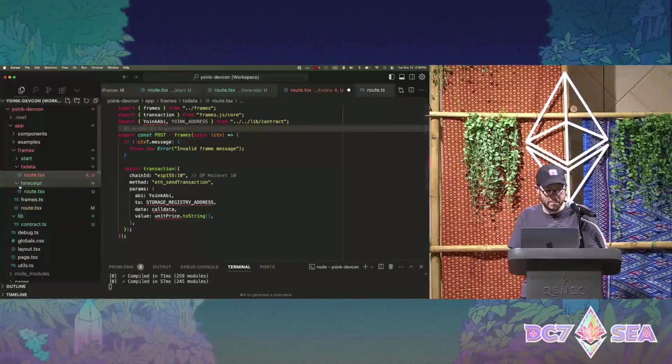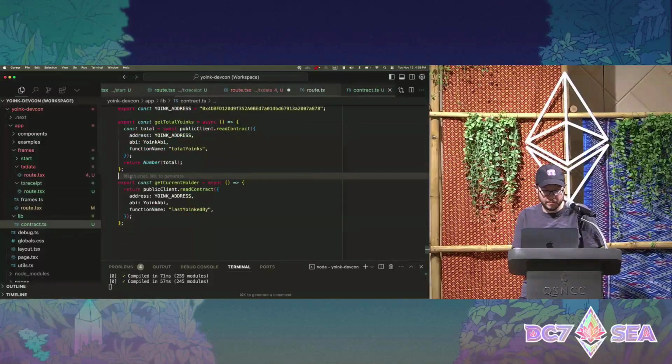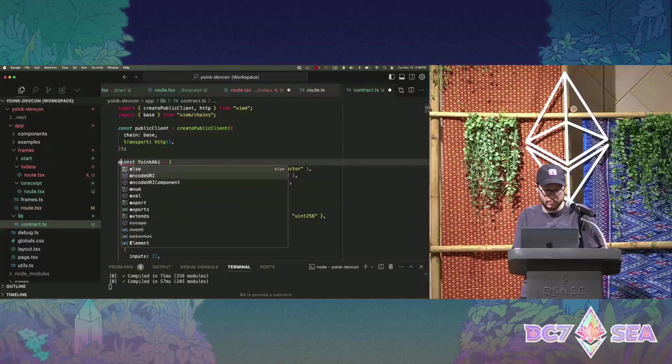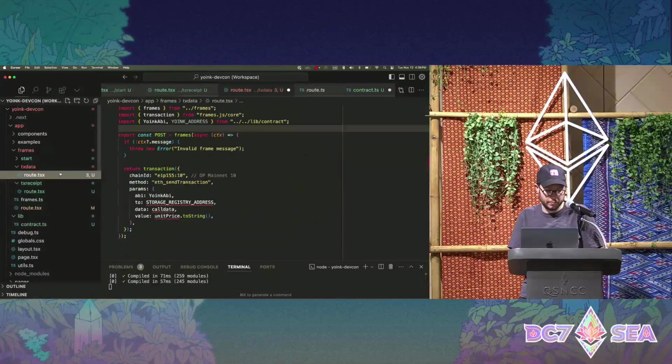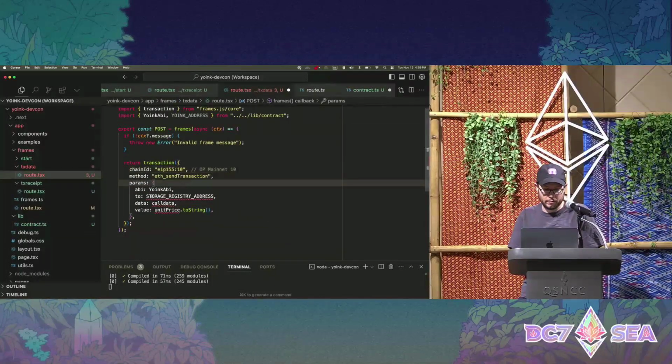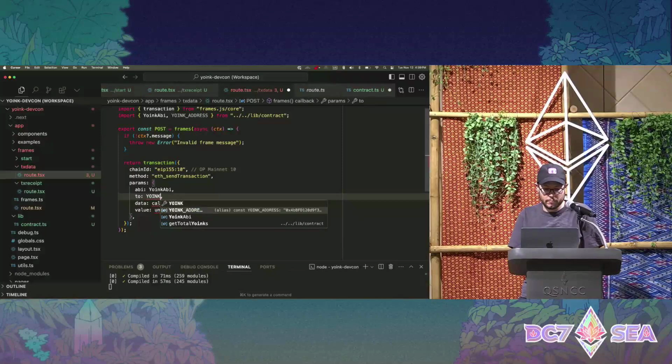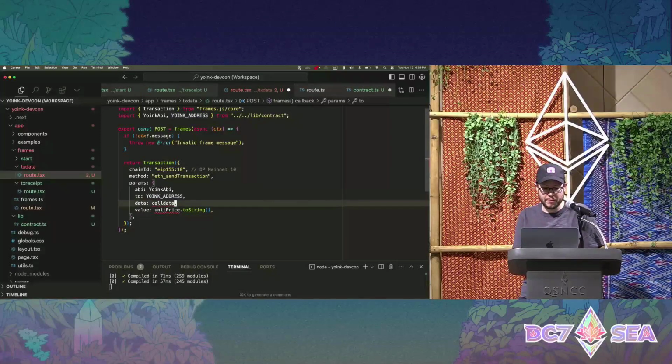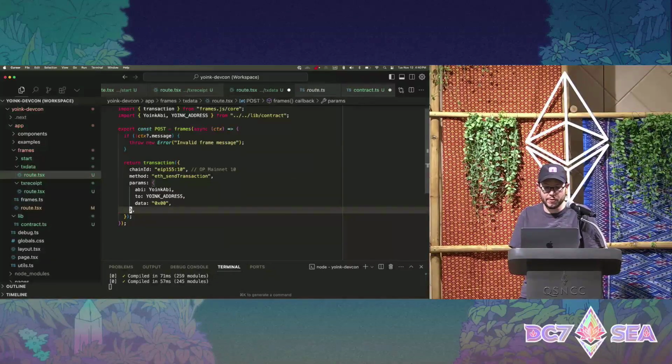Oh, got to export it. We're going to call that contract address. Let's skip data for now. And no value with this transaction, so we're just going to need to construct the encoded call data to call the contract.